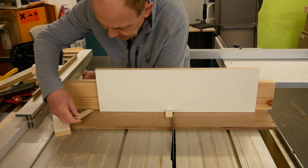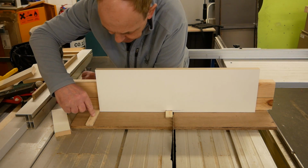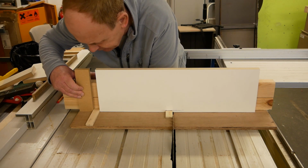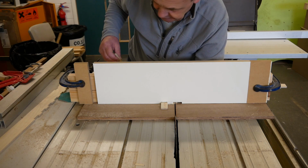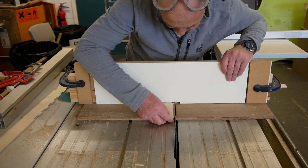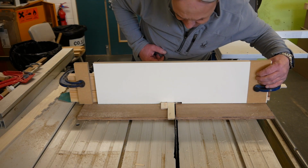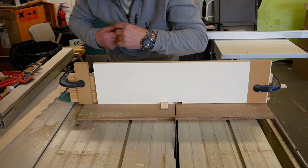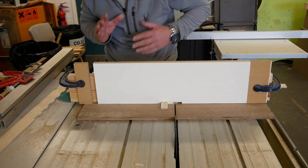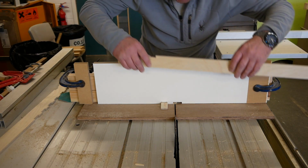So what I want is, I put my key here, so this is the same piece of wood. From here I've kept that, and that is going to go onto here. So to explain where I am now, I put my key back on, bring it up to the saw blade, I've clamped a piece of wood onto there, taken the key, popped it into here, and then another clamp onto here. So I've been fettling a little bit with it, several cuts, and then just to show you how it does work,